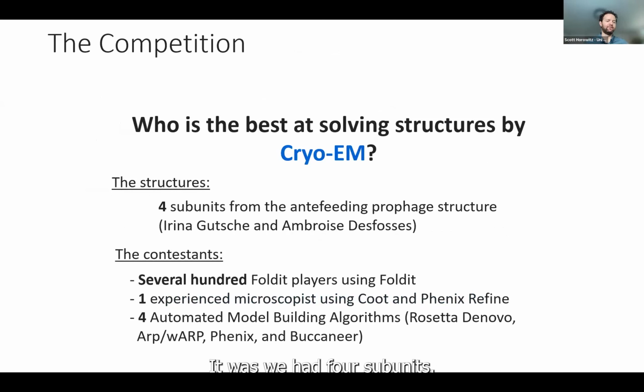We had 4 subunits, so we actually did 4 separate puzzles for this one. And then we had several hundred Foldit players. We had 1 experienced microscopist using Coot and Phoenix Refine. And then I have, of course, a bunch of automated model building algorithms. And so if you want to go to the next slide again,